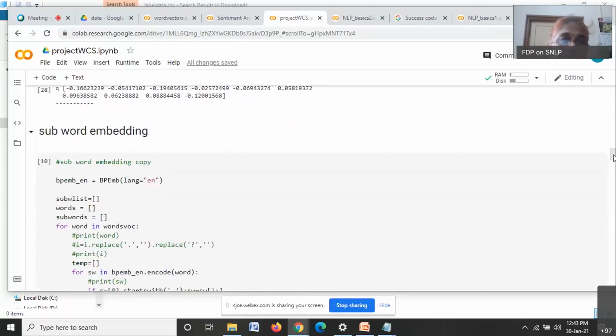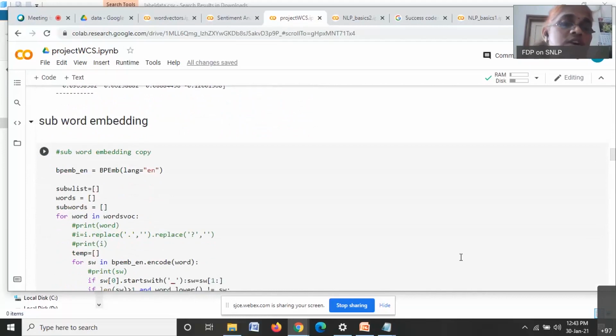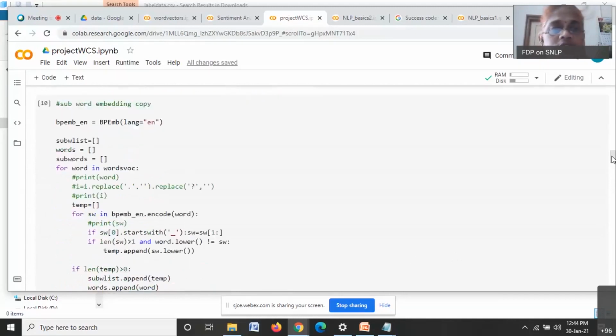Then, as I mentioned earlier, subword embeddings, especially when we go for code mixed text, because sometimes we write "sorry" as something like "soooorrry". To tackle that, we need subword embedding, and for this we use byte pair embedding.